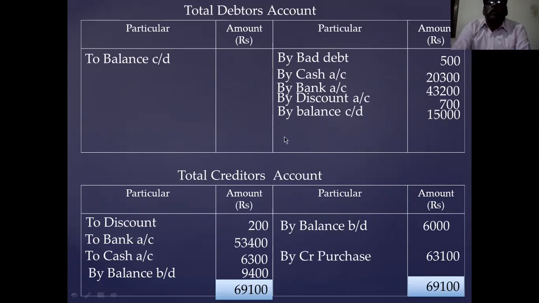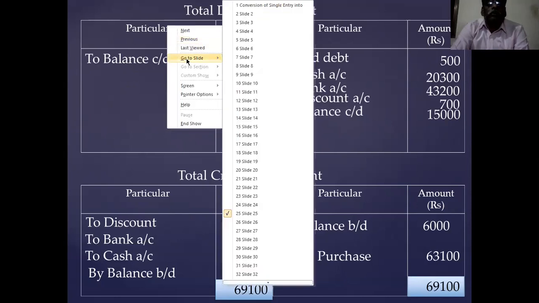Okay. Then if you go to close this debtors account, the debit side is totally missing. So you don't close this account now, because opening balance is not there. And the next important item is credit sale, which is also not there. If two are missing, it is not possible to find them. If only one is missing, we can close and ascertain it. Okay, so I'll go to cash book.